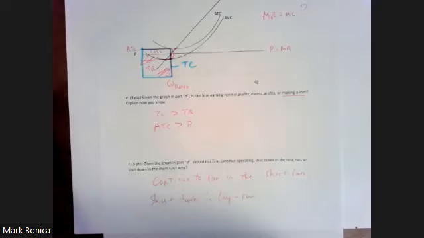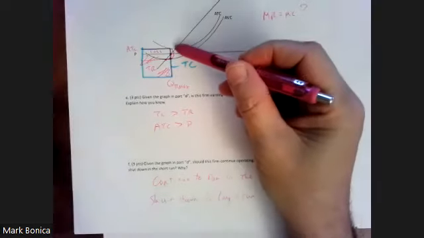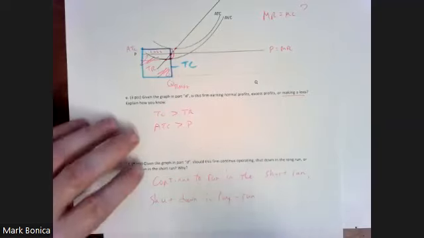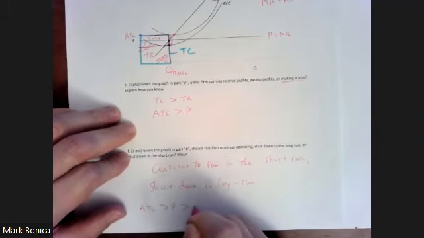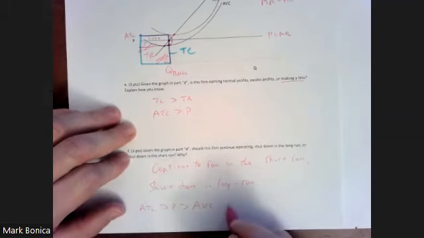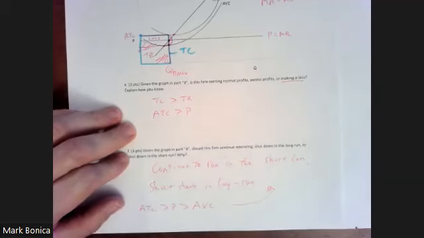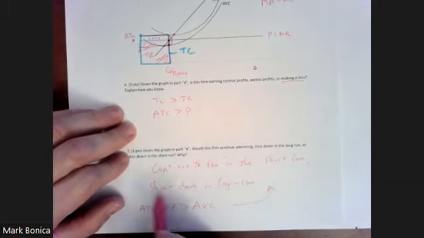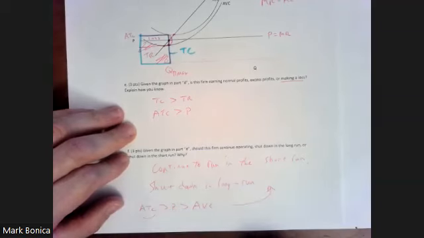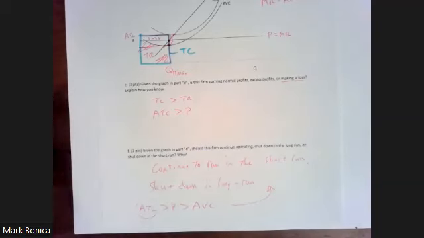So when price is below average total cost but above average variable cost, this condition is when average total cost is greater than price, but price is greater than average variable cost. Then you continue to run in the short run, but you shut down in the long run because you can't afford to cover all of your total costs, the difference being your fixed costs, right? So you're covering your variable costs, but not your fixed costs. So therefore you can't cover your average total costs.